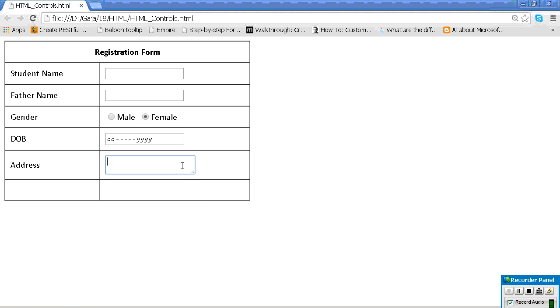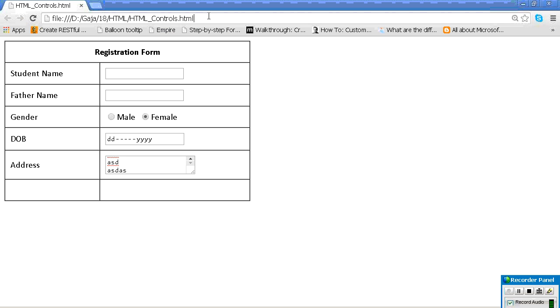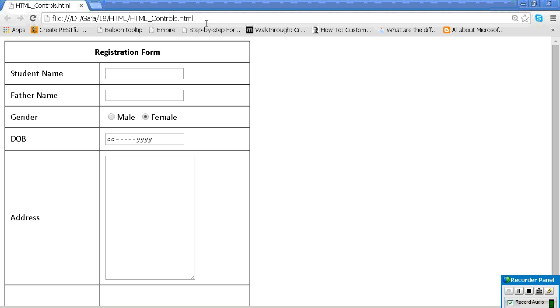Now see, I can enter multiple lines. Then, if you want to have more height, don't use the height property. Use rows. It's also like a table, so I will just use the rows attribute. Rows, columns.